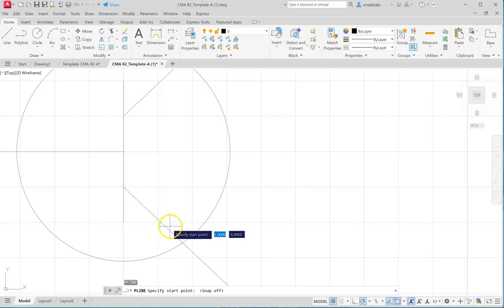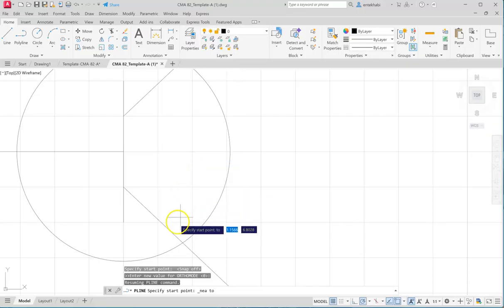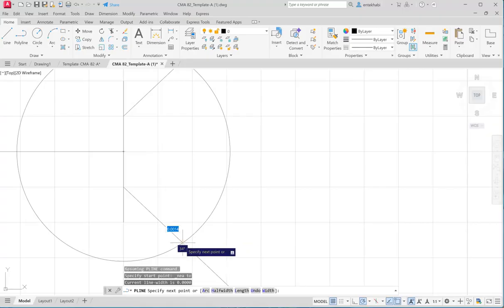And then hold the shift, right click, select nearest, pick an approximate point here somewhere. Actually, I can go from here exactly, intersection. And this one starts from 0 because I'm going in the opposite direction.